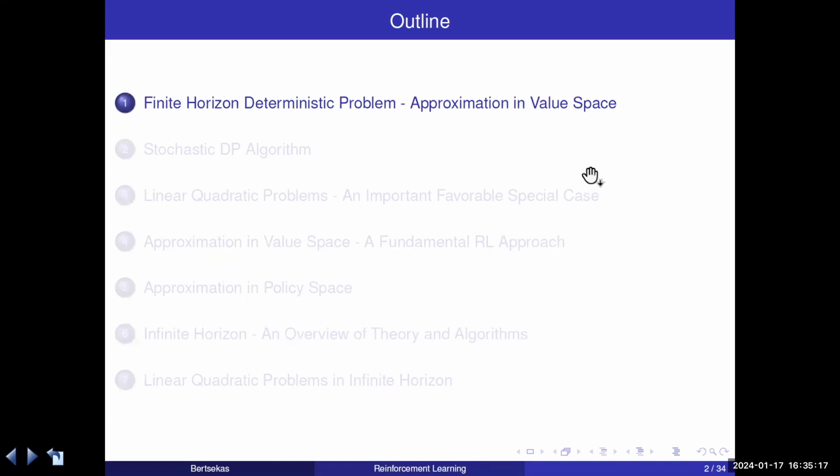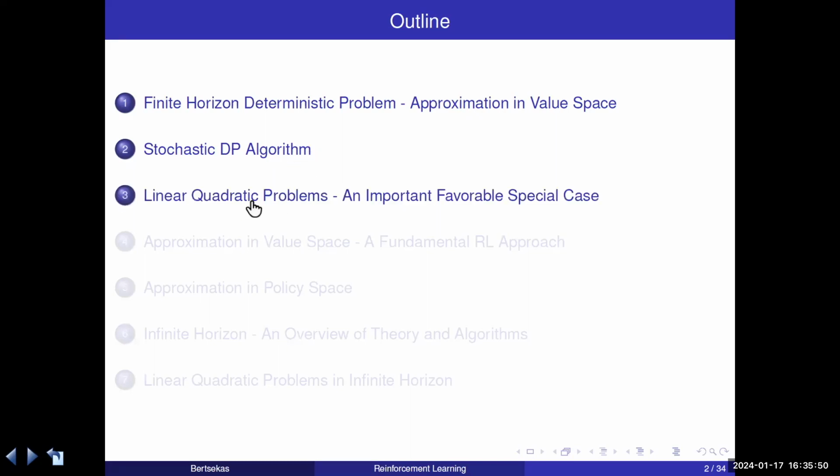And here's the outline. We're going to do a review first of the deterministic case, and we're going to talk a little bit about approximation in value space. How do we do approximate dynamic programming for deterministic problems? This is going to be very brief, an introduction to the more extensive discussion of approximation in value space for stochastic problems. Then we're going to talk about a stochastic dynamic programming algorithm, and we are going to illustrate it